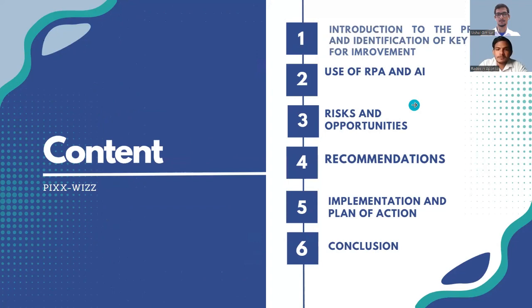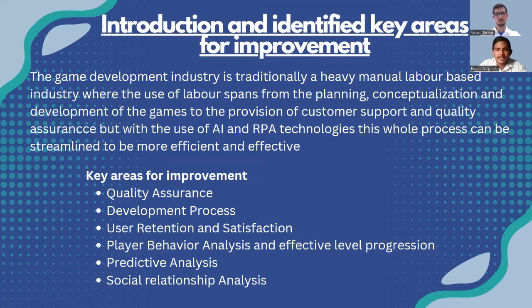So going into the project and what we found out as the areas for improvement, we see that the gaming industry is traditionally heavily manual labor based. So a lot of the processes including the planning, conceptualization, development of the games, as well as provision of customer support and quality assurance, all depend on manual labor in a game development process. So for Pixwiz as well, this is the same, and we found key areas for improvement, which can be integrated with RPA and AI and help the organization improve its customer